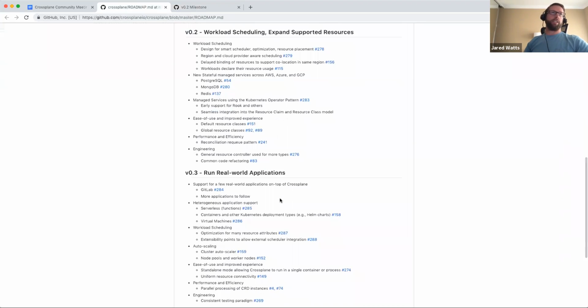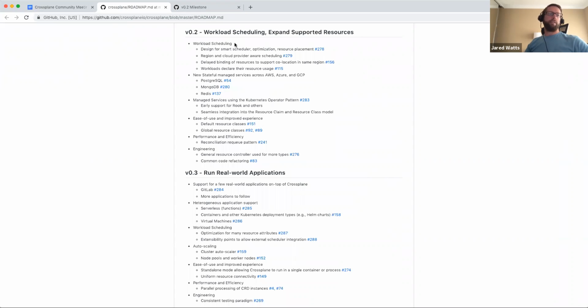There's a lot of good things in there that are all done and completed. Then 0.2 is the milestone that we're currently focusing on, the one we are actively in progress on. Some of the major themes for that shouldn't be too much of a surprise, because these are items we had already discussed in the 2019 planning document. The big one there is the workload scheduler.